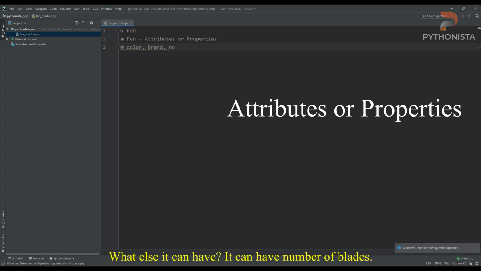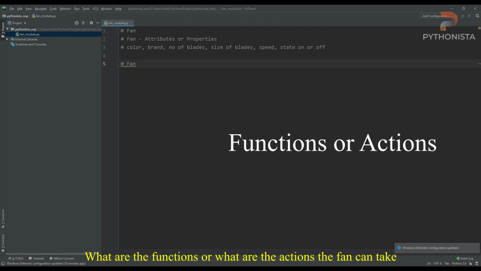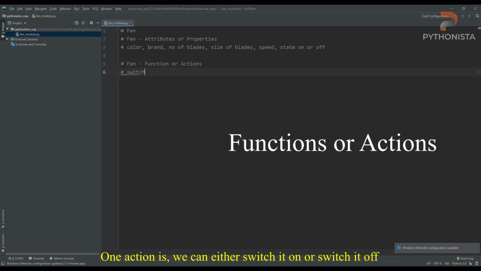What else can it have? It can have maybe a number of blades. It can also have a size of the blades. A fan can also have a speed, and it can also have a state, maybe like on or off. And what are the functions or the actions the fan can take? So one thing is we can either switch it on or switch it off.